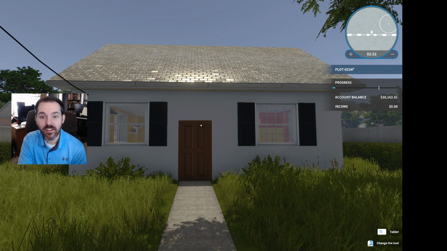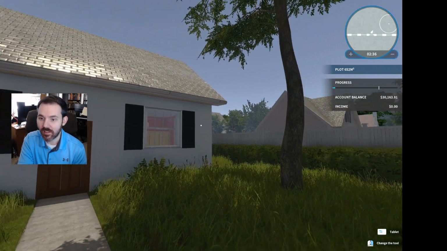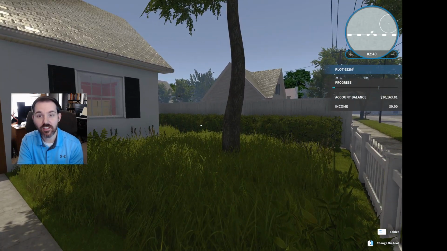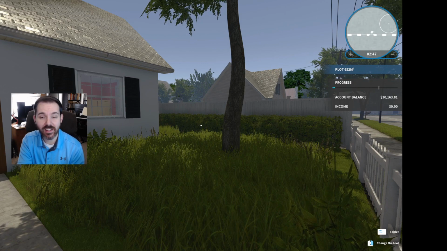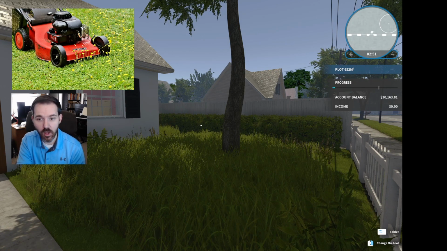And this is our house. We can see the yard. The grass is very tall because it hasn't been mowed in a long time. Somebody needs to mow the lawn.